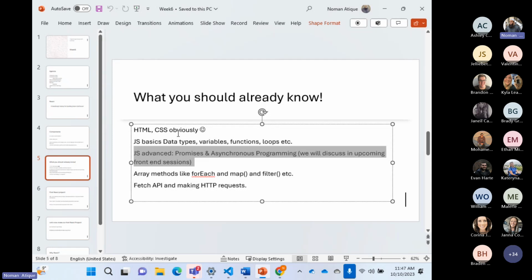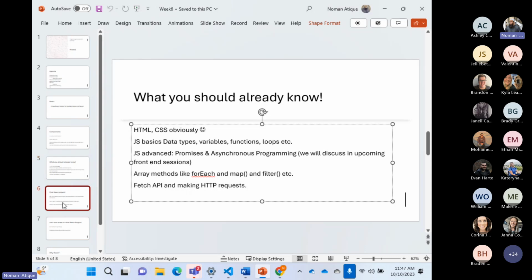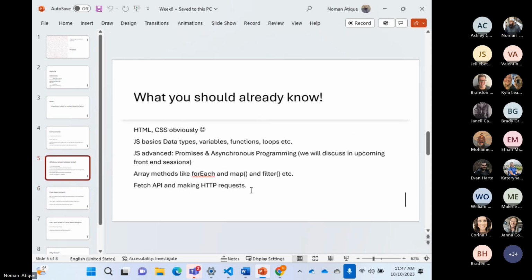So here I'll start React, and on the other side, we will be getting some help from the front end as well, because we'll be learning a lot of things over there as well. So yes, I'll be making API requests, fetch API. There is a fetch API, and there is making HTTP requests, getting data from one website to the other, things like that. We'll be talking about a lot of things. Make sense, everyone? So now I'll just summarize that one till this point.